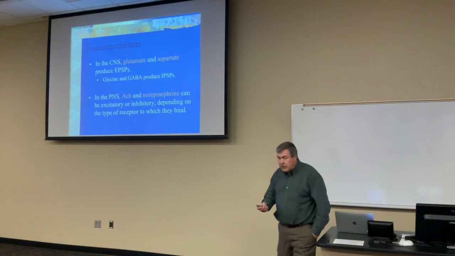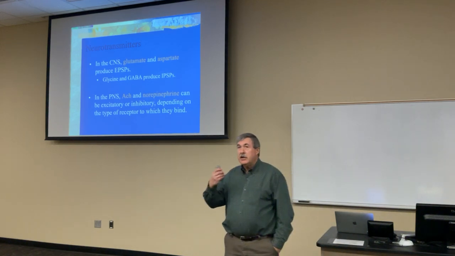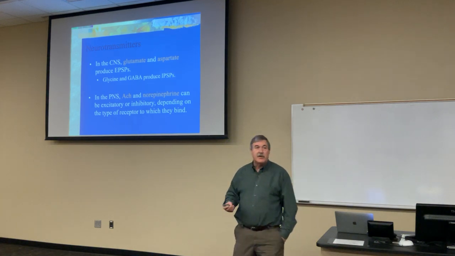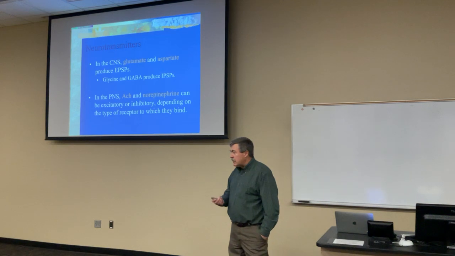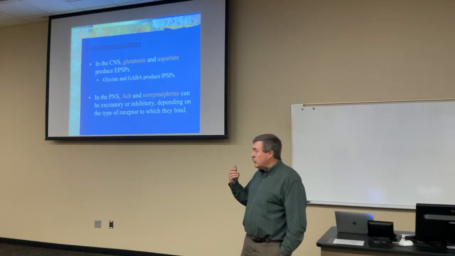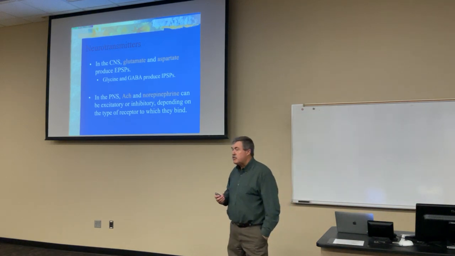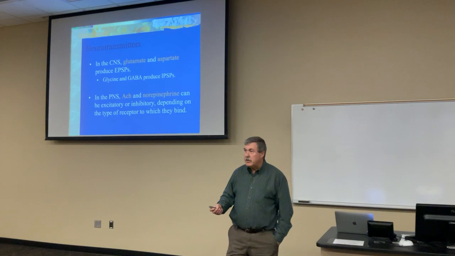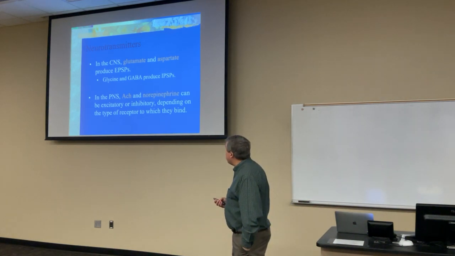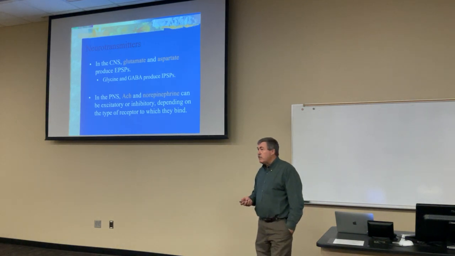Okay, let's talk about some of the more important neurotransmitters. Neurotransmitters are actually classified into 6 different types based on their chemistry. I'm not going to ask that you know all 6 of those different classes of neurotransmitters. Like I said, there's over 100 of them, and they're divided up into 6 classes. But I do want to mention some of the more important ones in the peripheral nervous system and the central